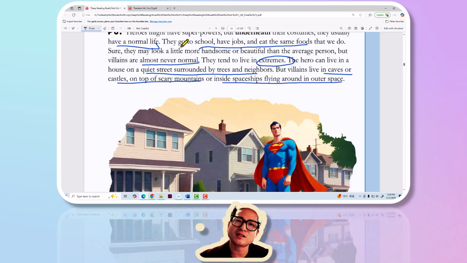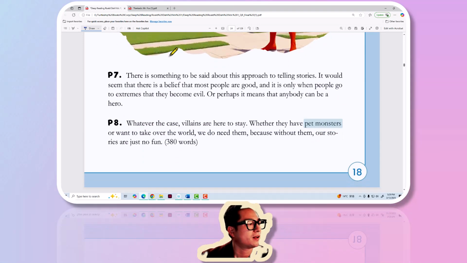But bad guys are almost never living in a regular house like you or me. They live in scary castles or a spaceship and so on. If you've seen the movie Minions, Groot is a bad guy and he lives in a normal neighborhood, but inside his house, it's not normal at all. So that's another example in case you've seen that movie.